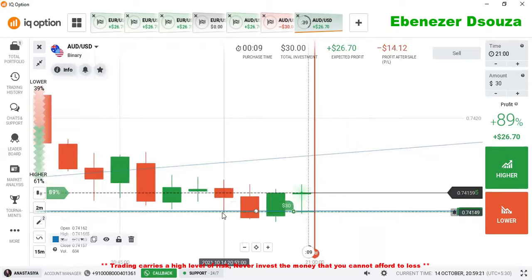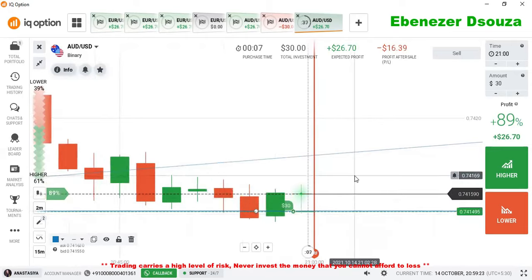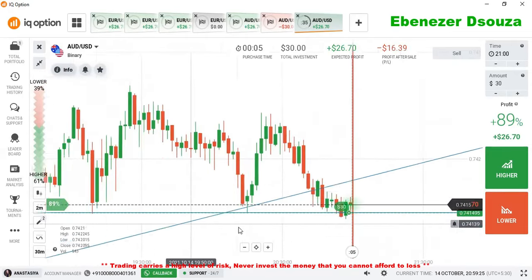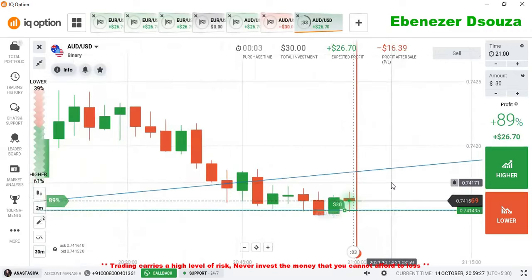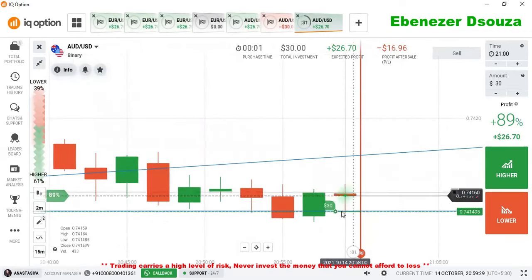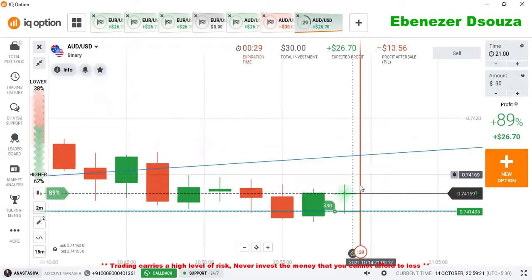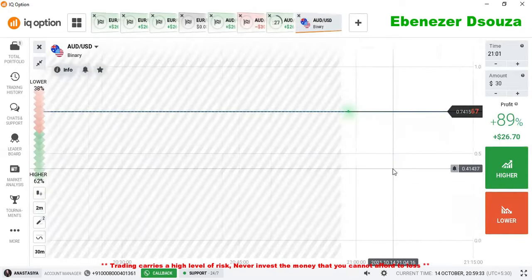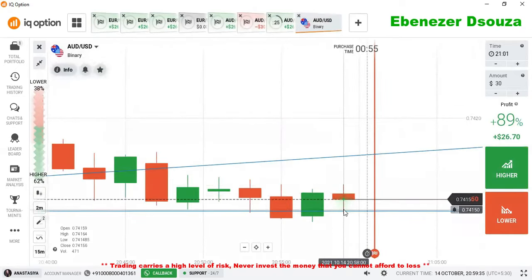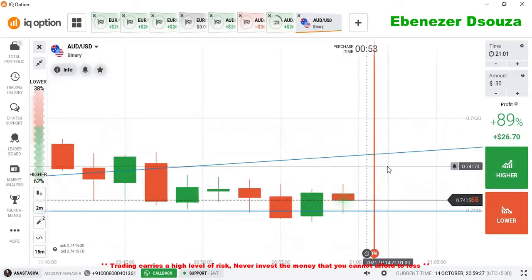So it is a rejection point too. You can see there is a rejection, still there is a rejection, and here as well there are some rejections, and in this candle also I saw some rejections. That's why I wanted to go with buyers with margin of safety, at least from this point or this point.